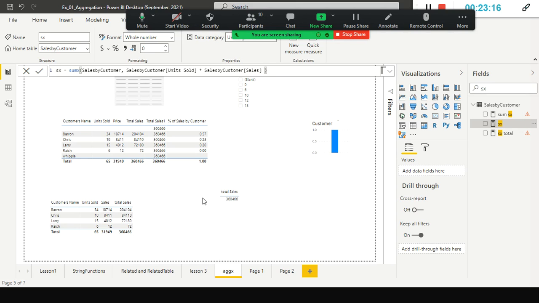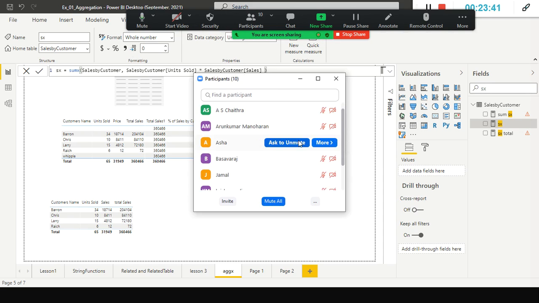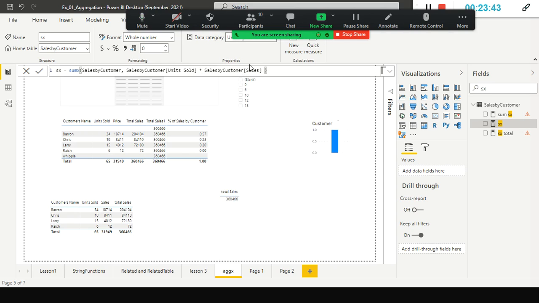But when I dragged and dropped the total sales here, this value automatically split the values, right? So in the total here, I did not use any calculated column. Listen very carefully, this is a measure. In the measure, I'm doing a row by row thing, but the first argument is a table. It evaluates the expression row by row, and then it applies the sum on this.